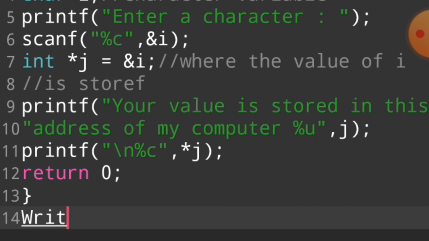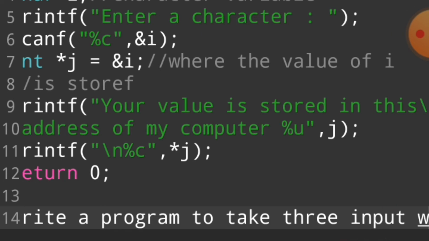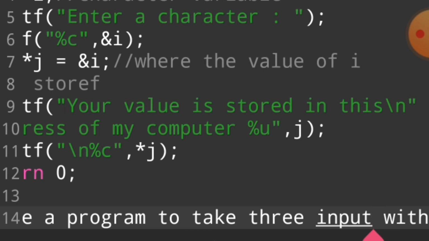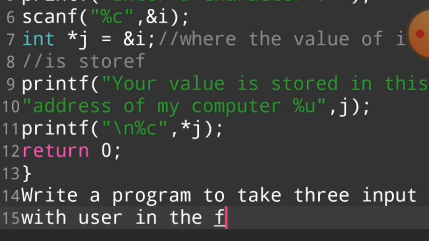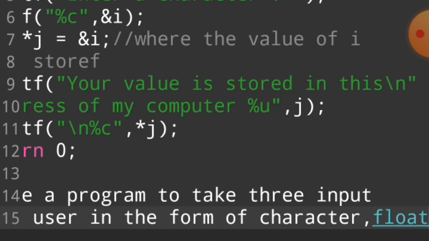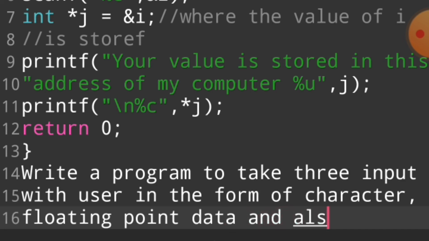Your homework is to write a program to take three inputs from the user: in the form of character, float, that is floating point data, and also integer form.